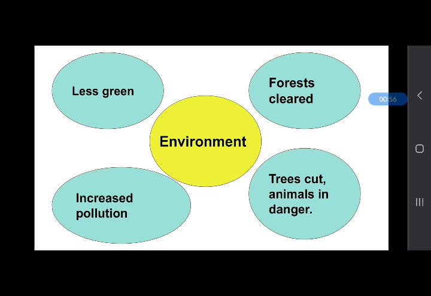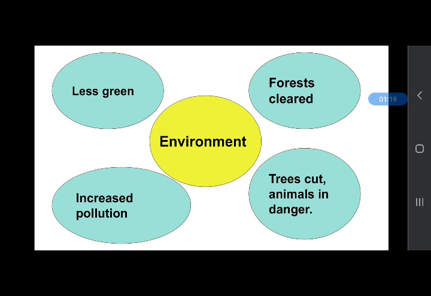Many forests have been cleared and trees are cut in present time, and many animals such as tiger, lion, monkeys, squirrel, fox, the wild animals are in danger because they depend on these forests for food and shelter.